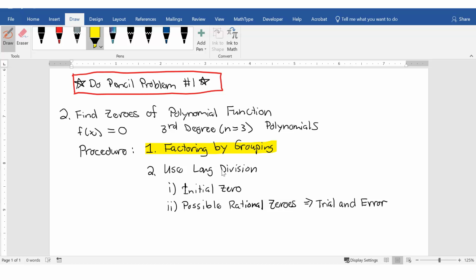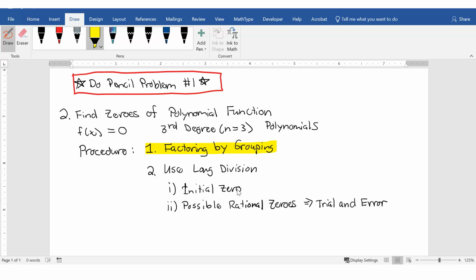Remember, we're going to divide by a divisor in the form x minus c, where c is some root or solution. Now, you can be given that initial root or solution or 0, as we saw at the end of section 3.3. You can either be given it, or you can identify it as an x-intercept from a graph. That way you can get your long division started. You should get a remainder of 0. If you do that, then you can express the polynomial as a product of the divisor and the quotient, and